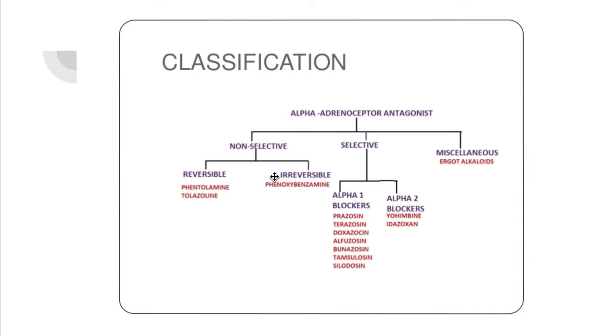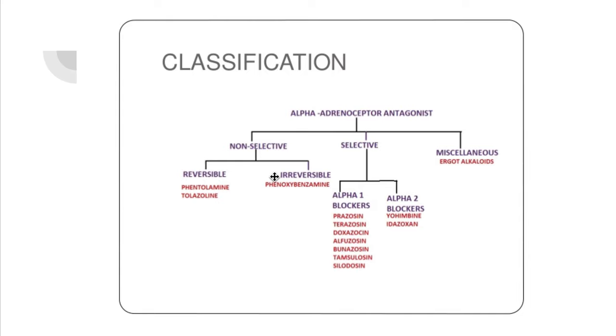So, it may be used in conditions such as pheochromocytoma. Selective, there's also miscellaneous such as ergot alkaloids, and selective alpha blockers are selective alpha 1 blockers and selective alpha 2 blockers. Selective alpha 1 blockers are prazosin and alpha 2 are yohimbine. Now, prazosin is a highly selective and a potent drug with 1000 times greater affinity for alpha 1 receptors. So, what this does, it causes